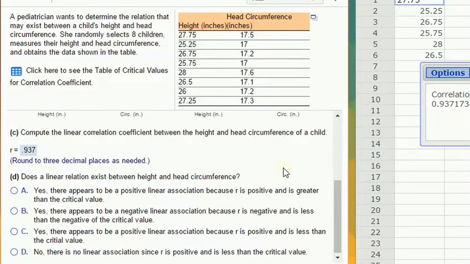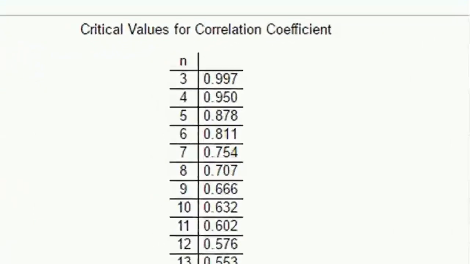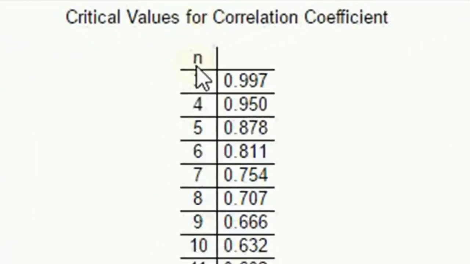Now, does a linear relationship exist? To answer this question, we have to ask, is this correlation strong enough for this size of a sample? We have a sample size of 8, and so we have to look at the critical values for a correlation coefficient. You can see this table. If I click that, I'm going to get this very simple table. It just says, for any given sample size, how strong does the correlation coefficient need to be in order for me to claim there is a significant